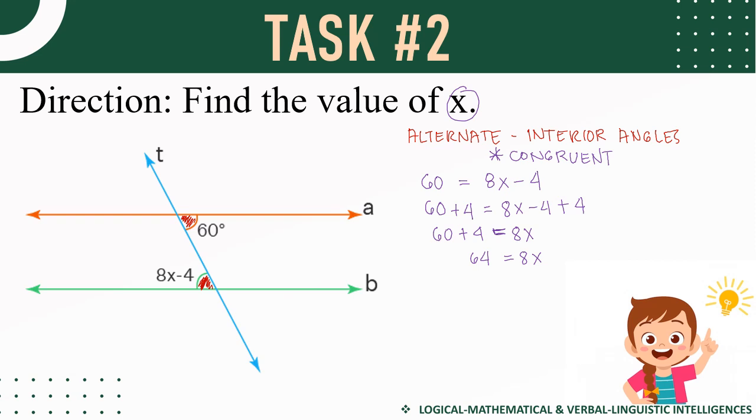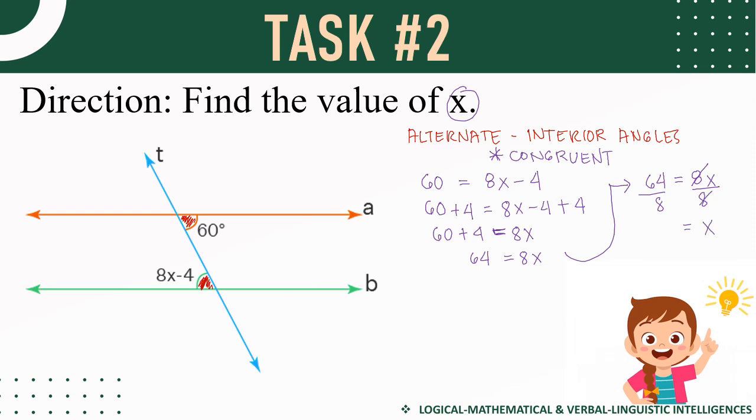Just like what we did in our last week's discussion, to find out the value of the variable, one variable only, we need to apply division. So in this case, we're gonna have 64 divided by 8. Here in math, we divide both sides of our equation by the numerical coefficient of our expression here at the right side to eliminate this one. And we're gonna have x.